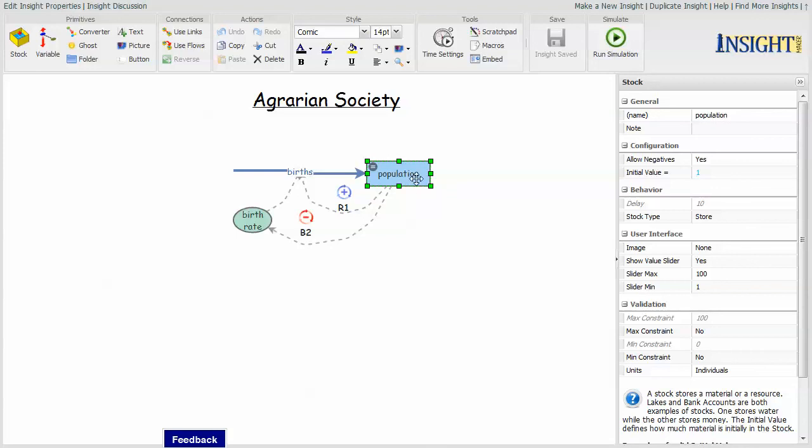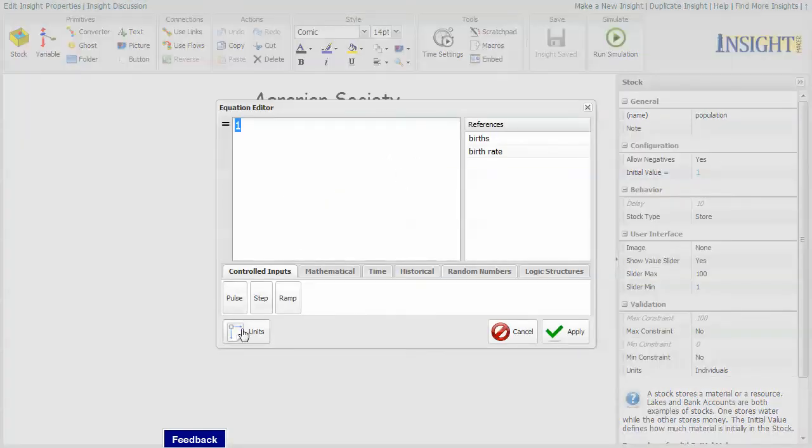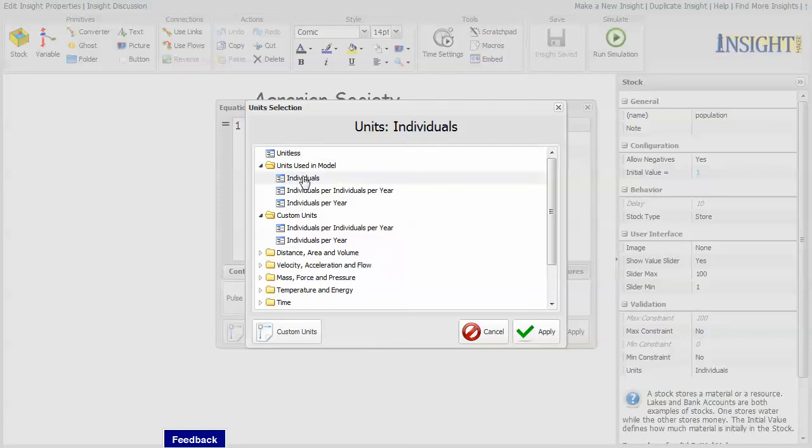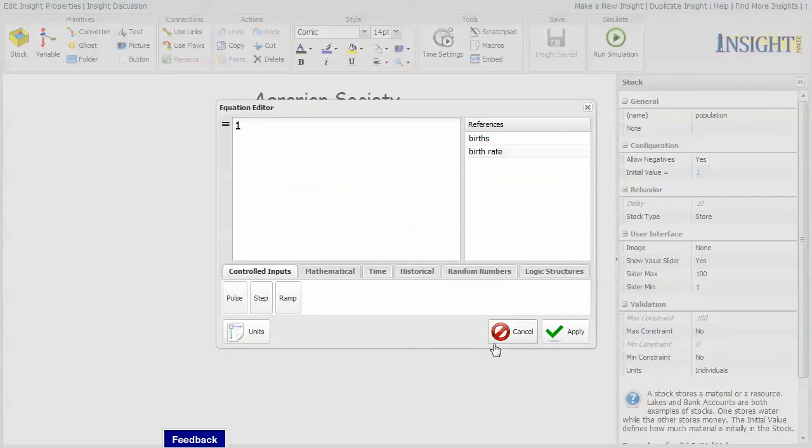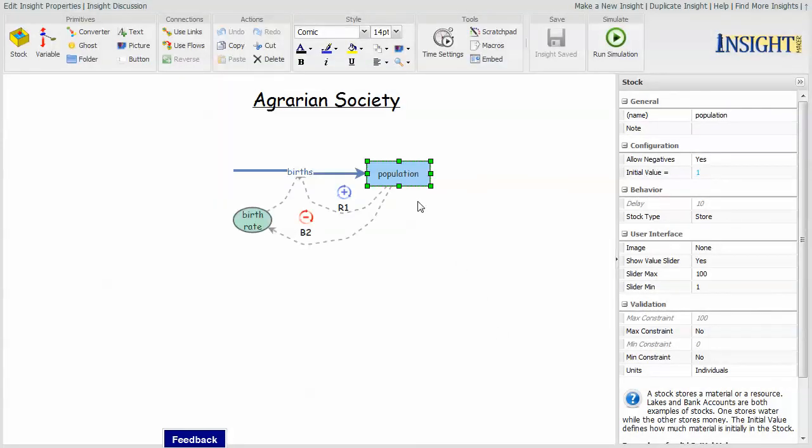So for this particular stock, this is a population model. The units for the population are individuals, and that is a standard entity within the units which are previously defined, though